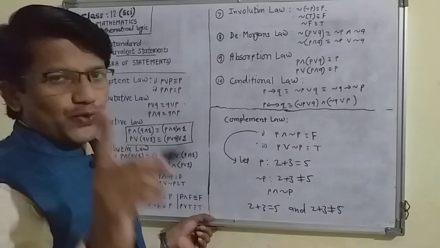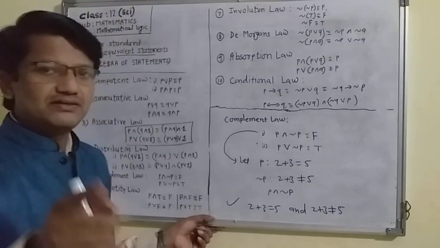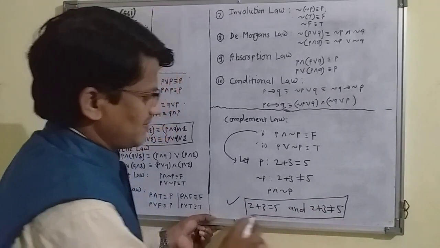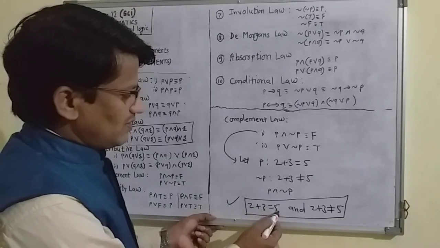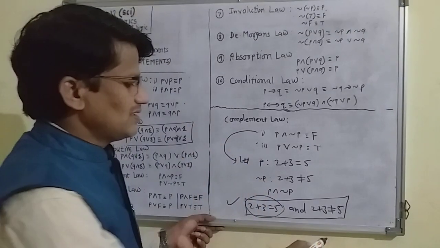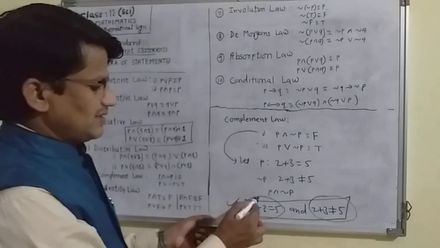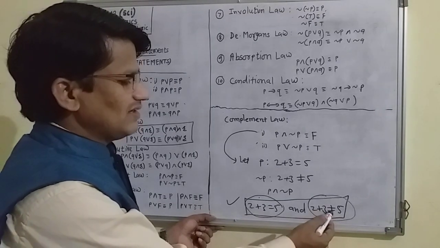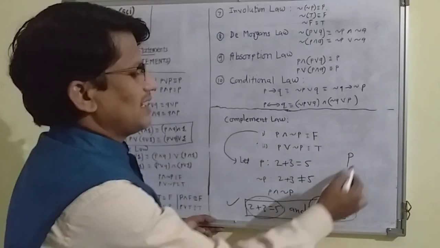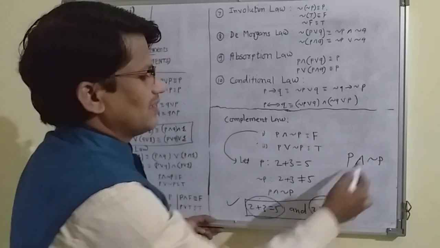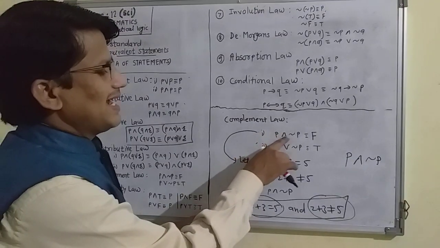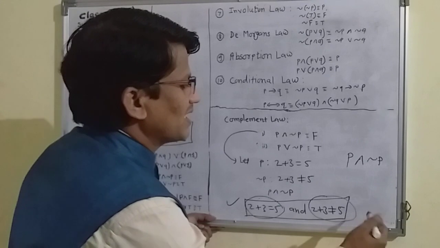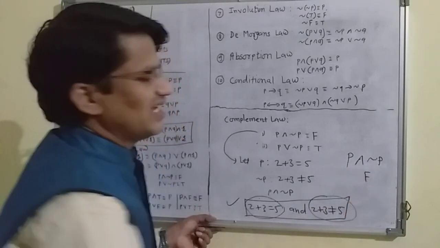In an exam, the question may be like this: find the truth value of this given statement. Just see here, 2 plus 3 equal to 5. This is the first statement. This is the other statement. This is P, and this same one with not equal given means negation P. And what is our result? P and negation of P. The truth value of the whole given statement, according to this rule, is F.